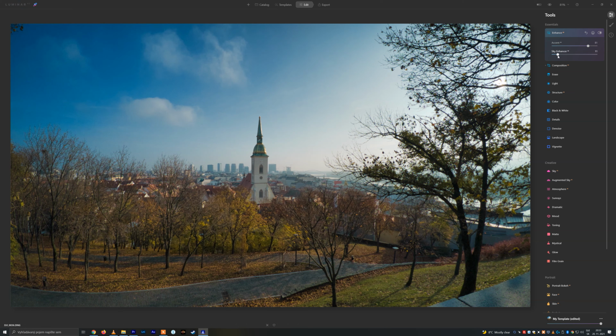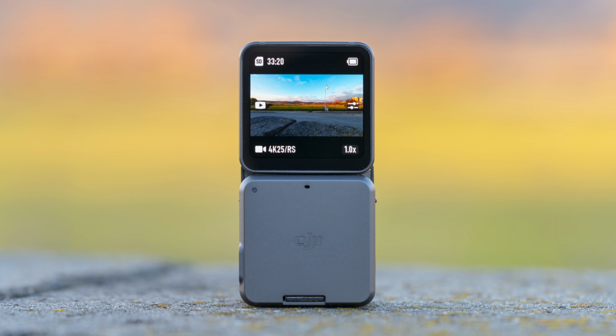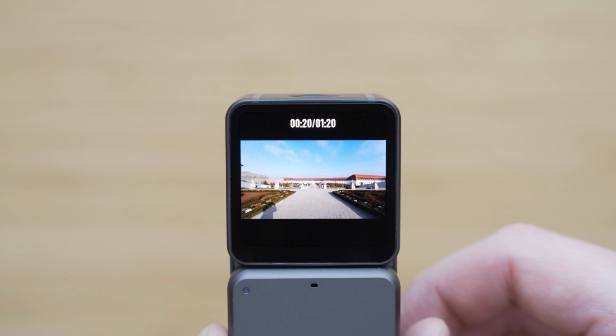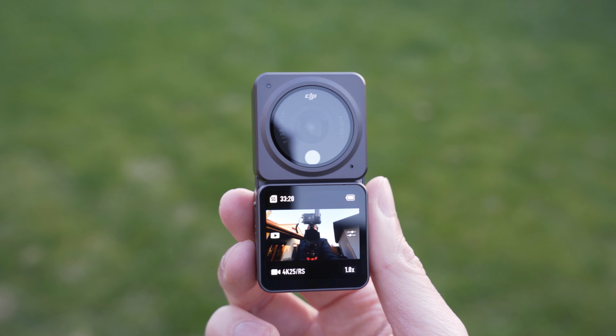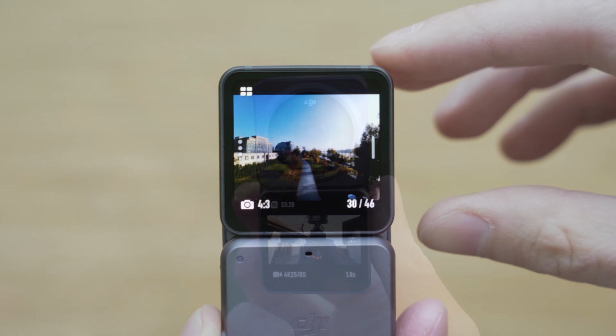Another unique feature of the Action 2 are OLED displays. The size of the displays is 1.76 inch, but the resolution is 350 pixels per inch, so it is super clear. The contrast is also very good and it just looks great. The downside of the OLED screen is that the visibility in direct sunlight is not the best, but it will